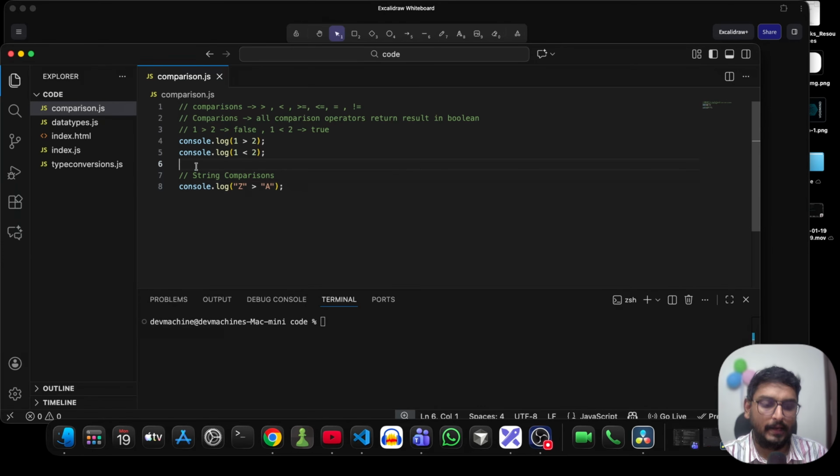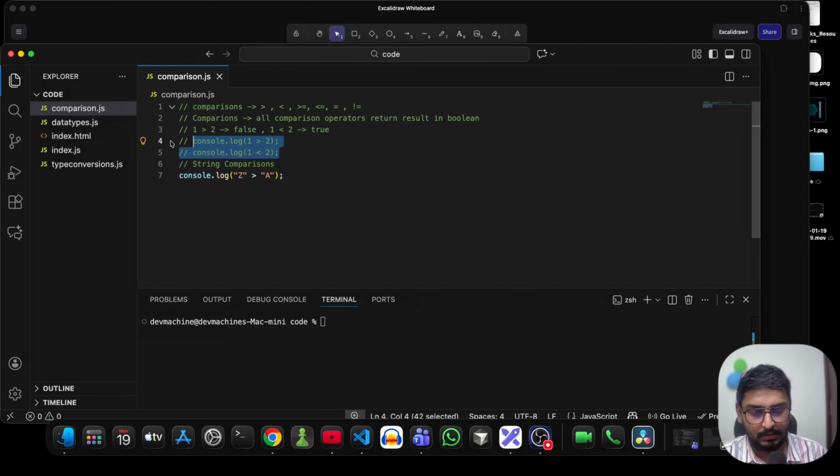Z greater than a. So let me comment these things. Now, whenever we are trying to use these comparison operators with respect to strings, we need to understand one simple rule. String comparisons follow dictionary order, or I can say the same thing as lexicographical